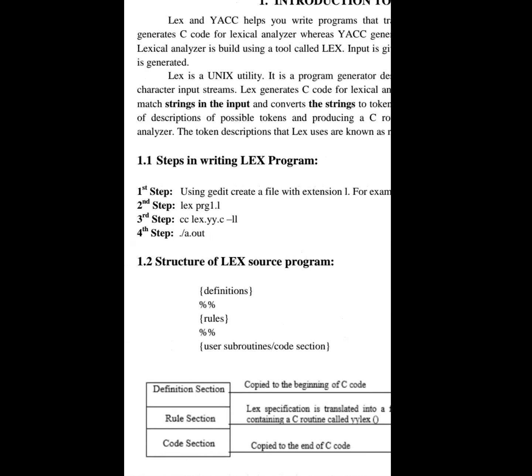Lex program name.l, and then compilation: cc lex.yy.c -ll for compiling, and for any other errors found inside the program. And to get the output of that particular program, you go for ./a.out. That will display the necessary output of the particular program.